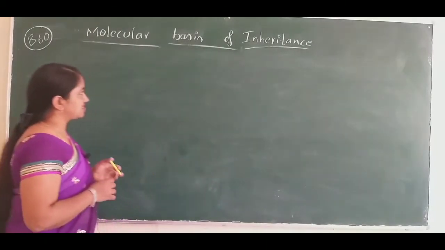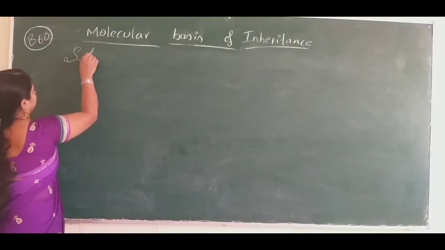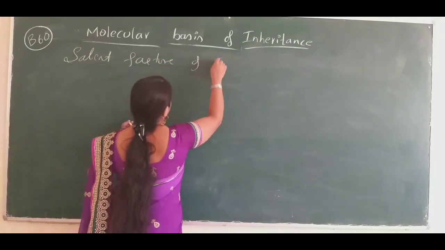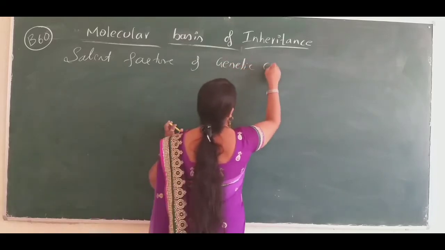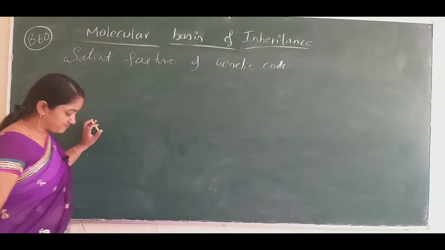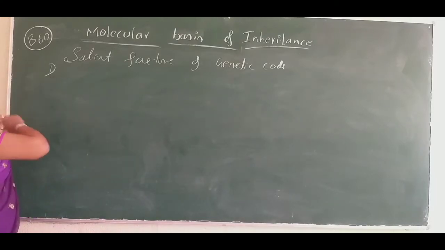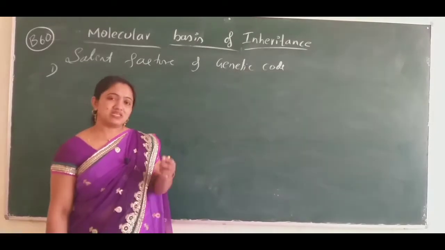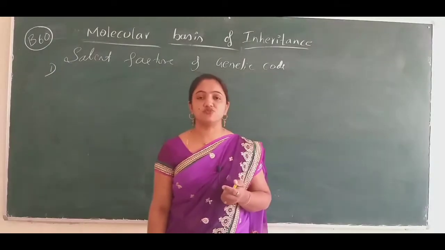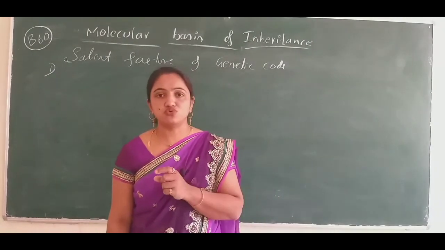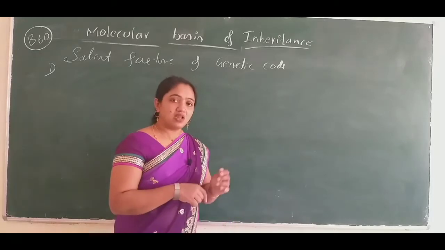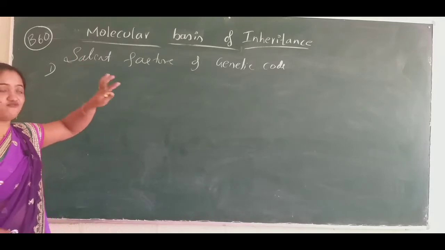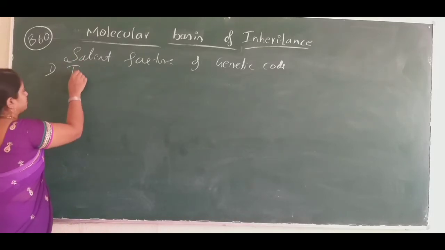So the first salient feature of genetic code is, you might have seen in the checkerboard, I wrote only 3 nitrogen bases, like UUG, AUG, UUC, like that I wrote, right? So having only 3 nitrogen bases in one genetic code is known as